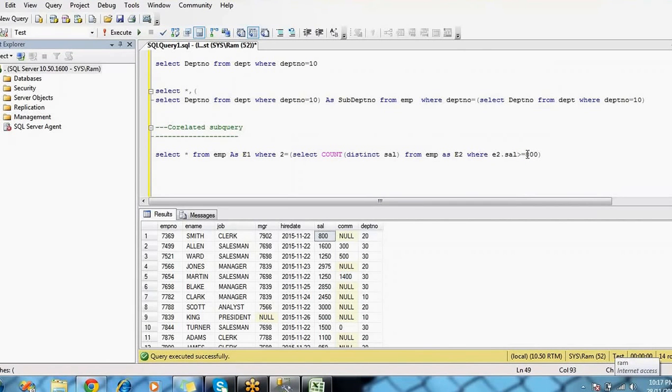Got it? In the non-correlated subquery, the inside query executes first and gives the result to the outside query, and based on that result the outside query returns some result. It is one-directional. But in the correlated subquery, first the outer query executes and gives one row to the inside query. Based on the condition in the where clause, the inside query gives some result, and based on that result the outer query gives some result. It's bidirectional.